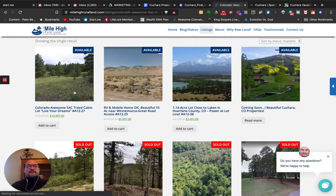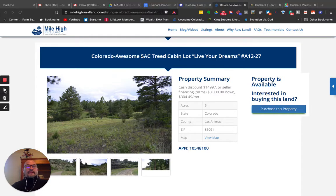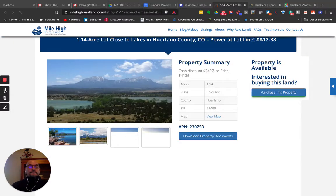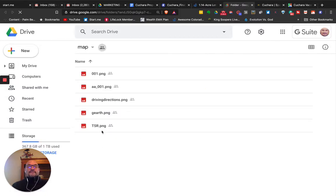So here's another property, also not far from here. This one's in Los Animas County. But there must not be anything in the... Let me find a property that has the downloads folder enabled. We don't enable it if there's nothing to download on certain ads. Okay, here we go. So there will be a button like this that says download property documents. Click on that and it'll just open up a folder which will contain any downloadable documents. This one has a few, you just double click and download it. All right,